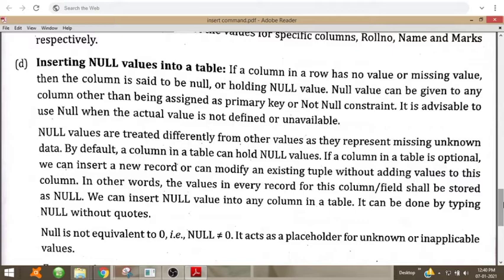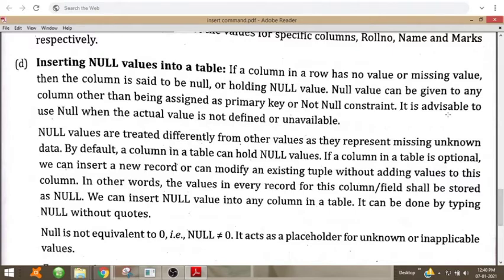The values in such columns should not be null. Other than these two kinds of columns, all the columns can have null values.